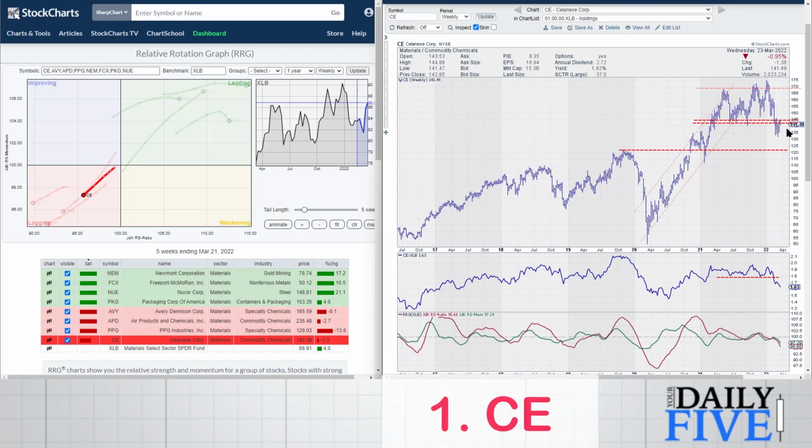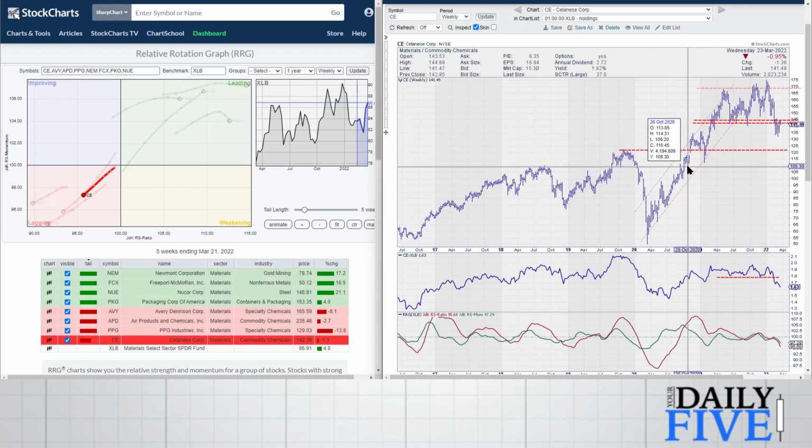So this is a crucial level. As long as CE remains below 145, I think that it is a good opportunity to say goodbye, and I think that CE will have another leg lower, potentially targeting the area between 120 and 125. If we move on to the next one, that's